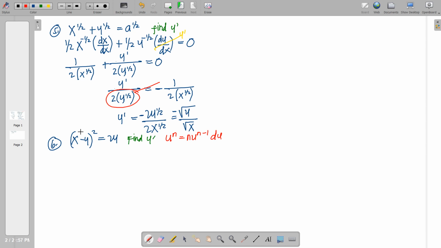So doing that, we have this expression, and then we apply the chain rule, differentiating now the inner term dx over dx minus y prime, and then the constant times the variable becomes dy all over dx. So in here we have